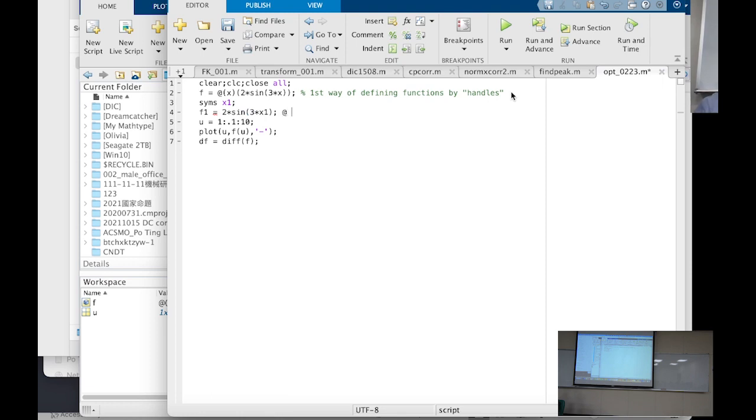So this is a second way of defining functions by symbolic methods. Okay, so if you do this, then f1 is a so-called symbolic variable. So the way to plug in the values is by,